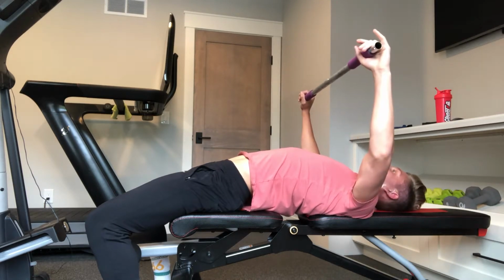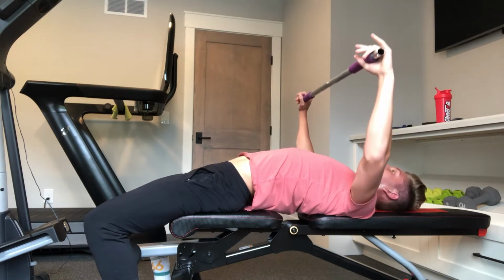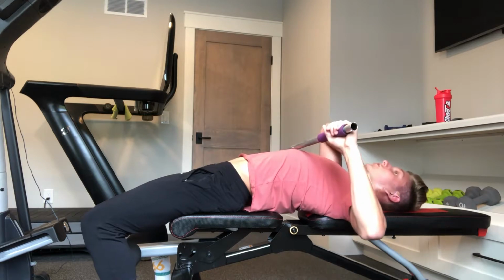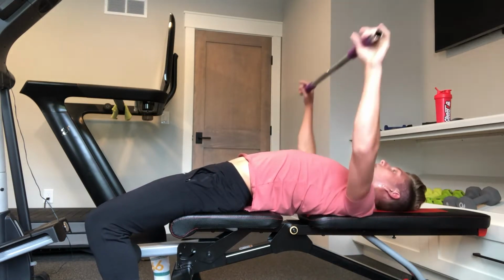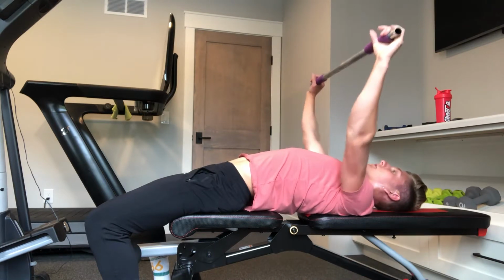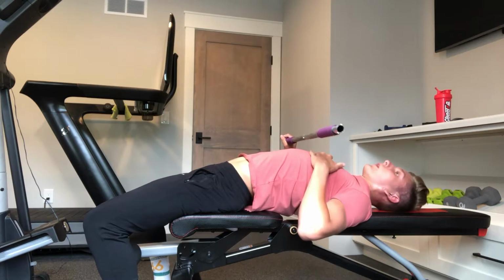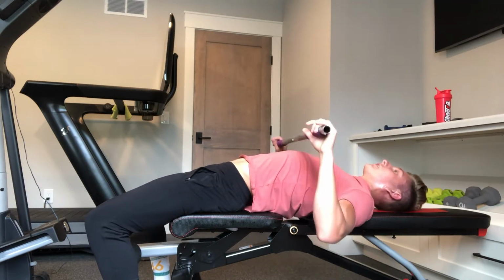If your elbows are flared out, which I see many people make the mistake of doing, I used to do this all the time, you're going to be emphasizing a lot of the chest, but you're going to be ultimately putting a lot of stress on your shoulders and taking the power out of the triceps. Where if you can learn to tuck your elbows in like this, you're going to be distributing the weight a lot more evenly across your body, and you're going to have a lot more power and strength